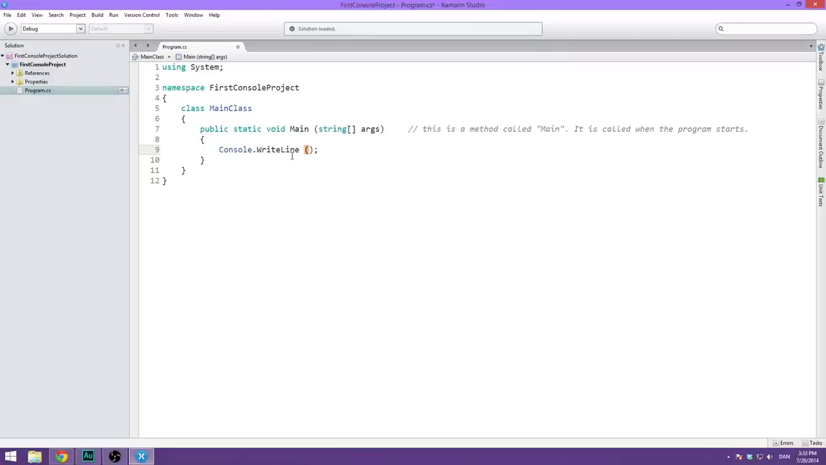And different functions have different parameters. Some functions don't even have any parameters. And some functions, like this one, can take multiple different kinds of parameters. To view what kinds of parameters this function will take, what we can do is we can say